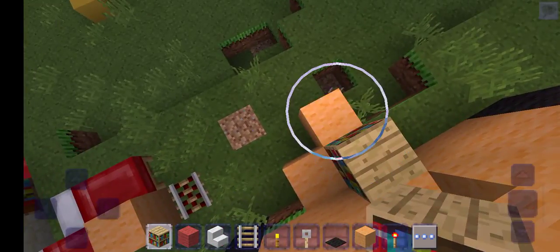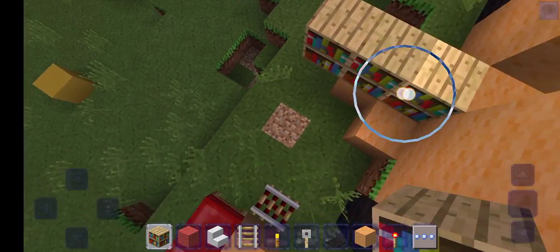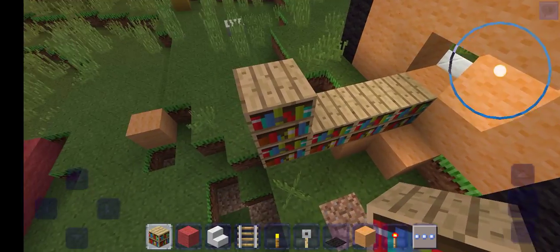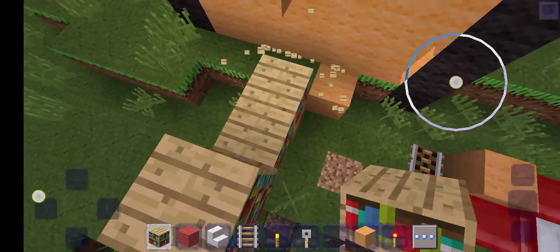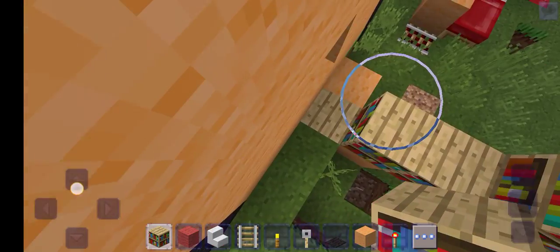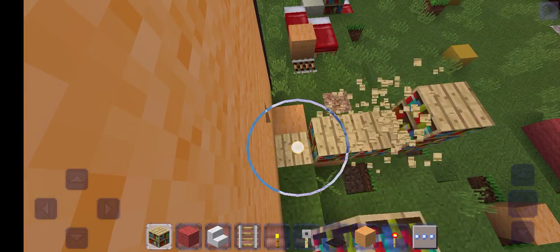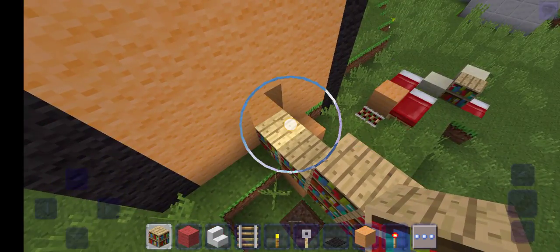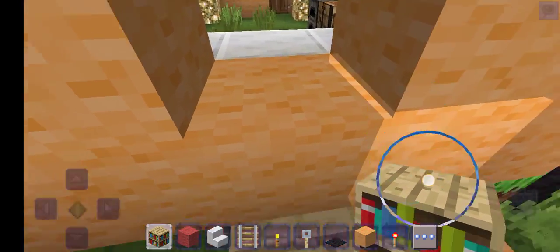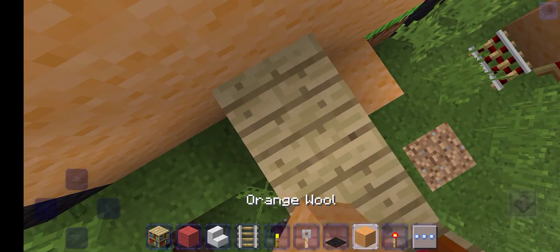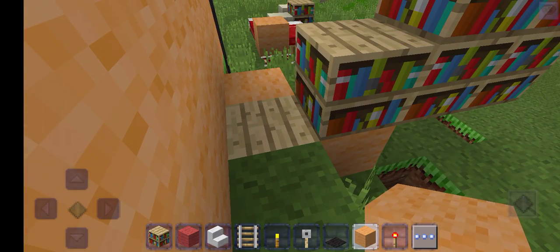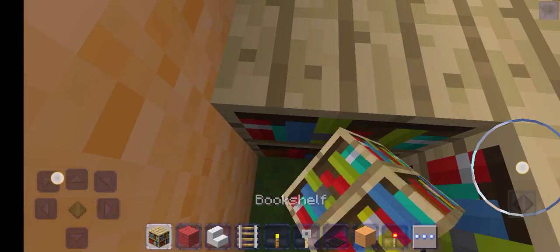One up there, two up there, and the one up there is, get it out. So like that.